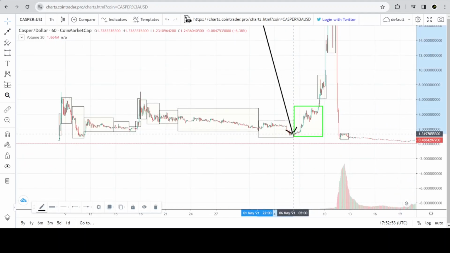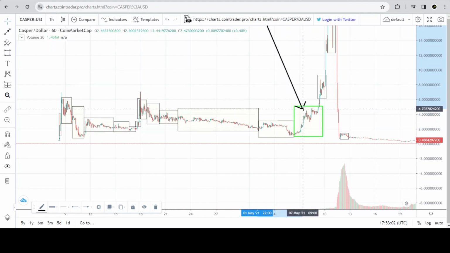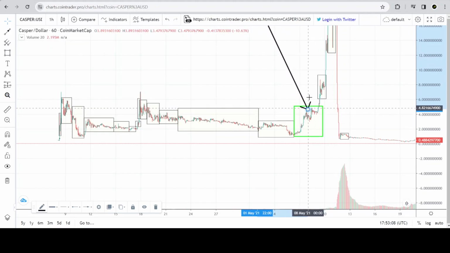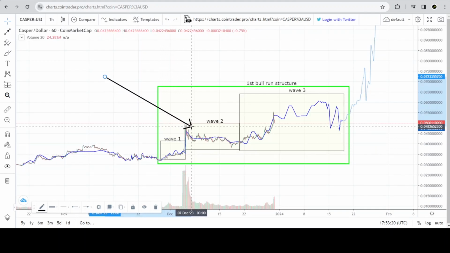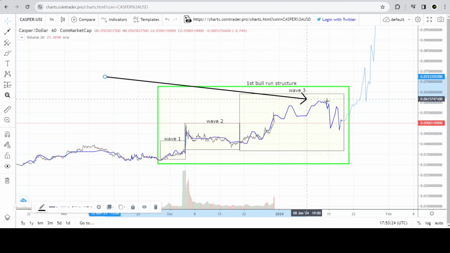So we have completed this first little wave right here. Price moved up. We have completed this second wave, and we are now working on this third wave right here. Let's move over on today's chart and examine this. So here is that first wave right here. It moved up. It's done the second wave, and it is now currently moving up and going to do the